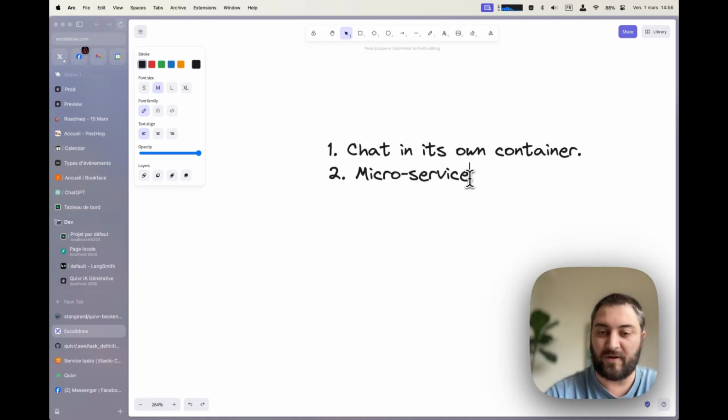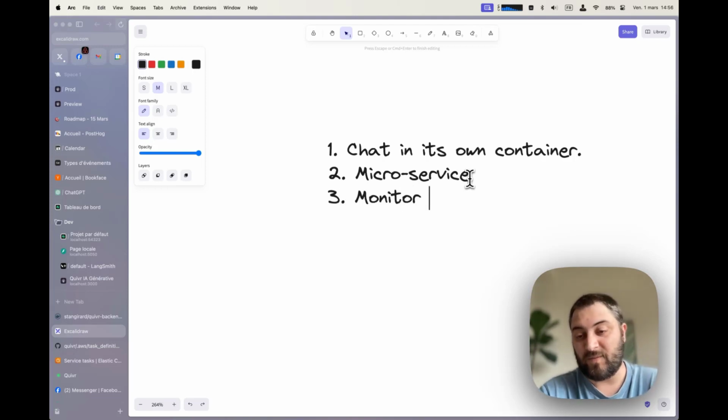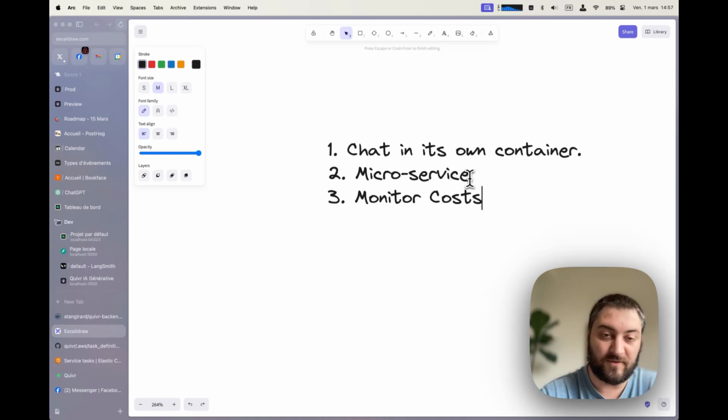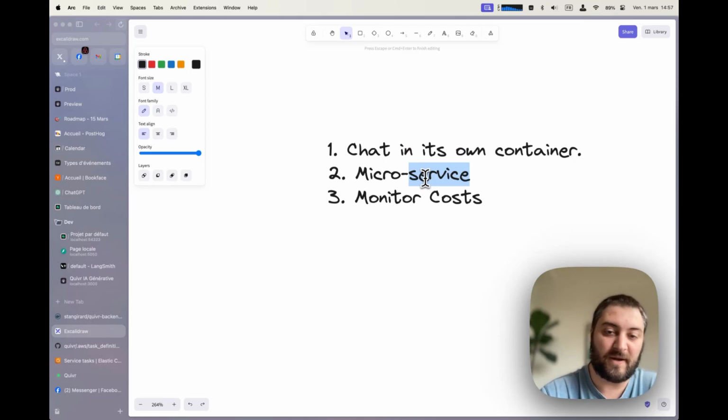And the third thing is monitor your costs. Really, monitor your costs. One of the reasons is that it already costs a lot of money to host LLMs. One of the things that happened with Quiver at one time is that we didn't put the chat in its own container and we didn't do microservices.